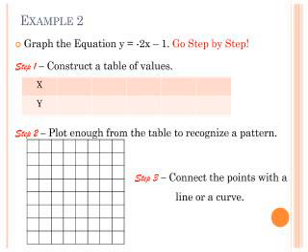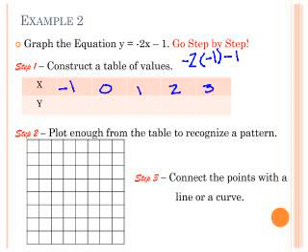Make sure when you're doing this you try that full spectrum of values, remember? So I'm going to try -1, 0, 1, 2, and 3. And when we do these, make sure you're plugging them in and following your order of operations. So when I plug in -1 here, I get -2 times -1 minus 1. And as I know, -2 times -1 gives me a +2. Then when I subtract the 1,